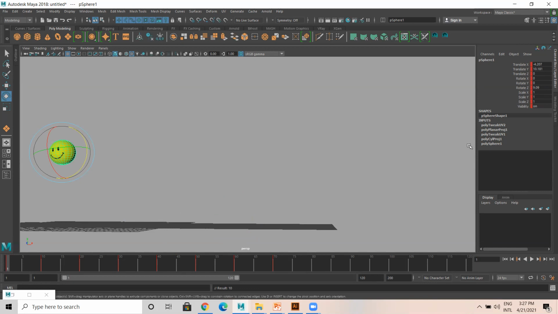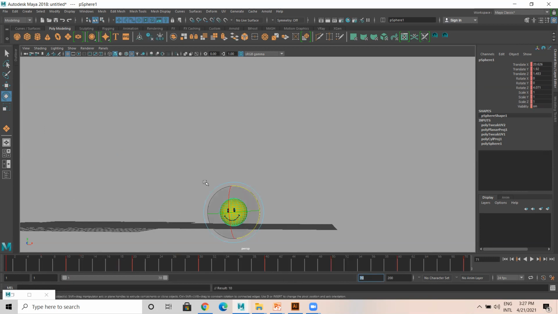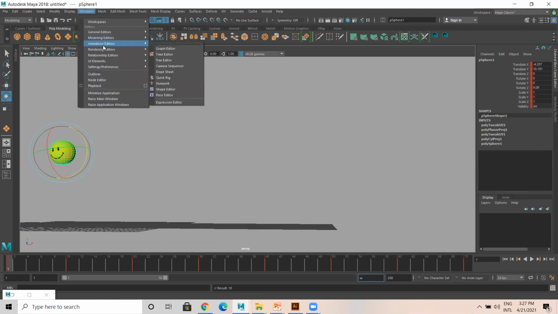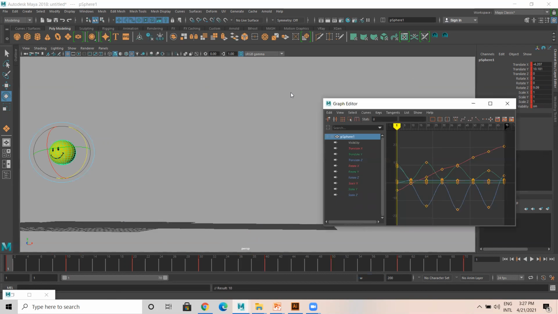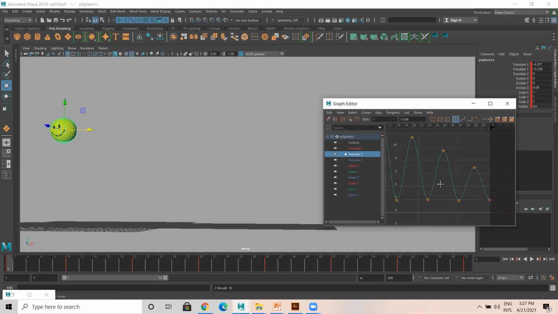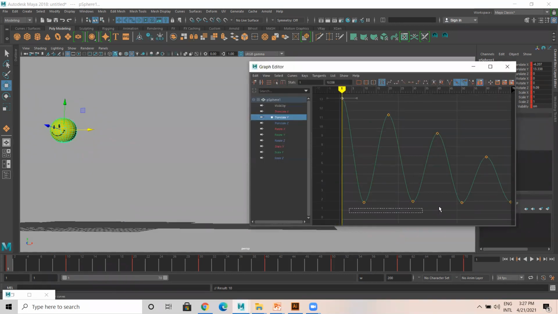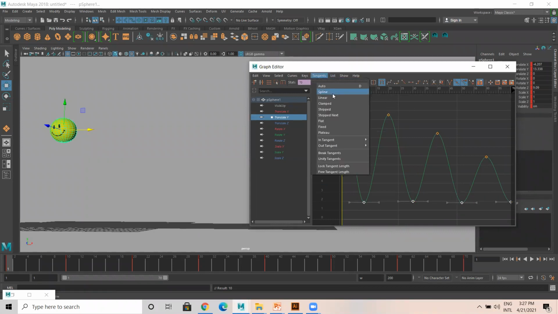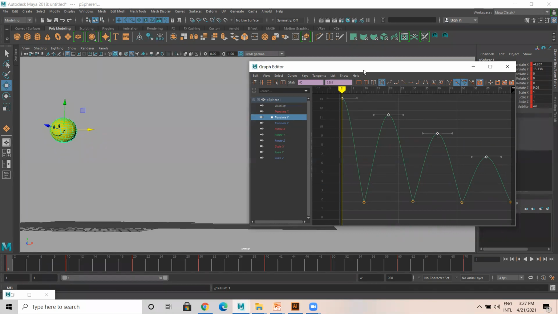So now what we'll do is, up to 70 is there. I'll just place this 70 here. Frame number 1. So just go to graph, window, animation editor, graph editor. Okay. Translate Y. So this one, I can move the value to higher. Okay. And like this. All the bottom keys, go to tangents, make it linear. And all the top keys, make it spline.